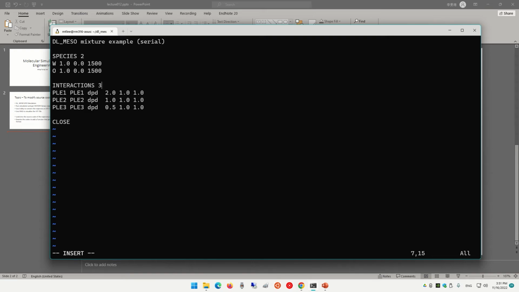And I'll have three interactions. So the first one is WW, which is 25 and 4.5. You don't need to know the details of these numbers because this is about the theory of this method. You just need to repeat what I have done here, okay? This is a simple simulation.